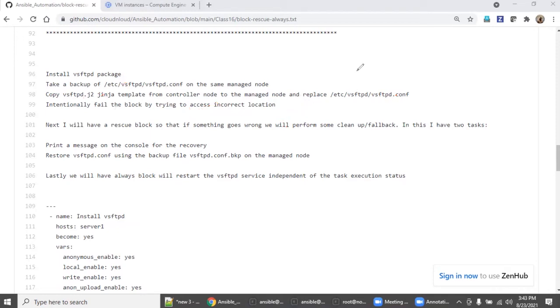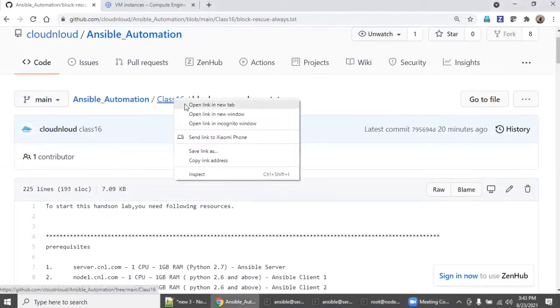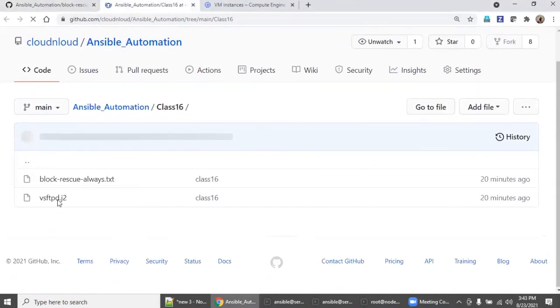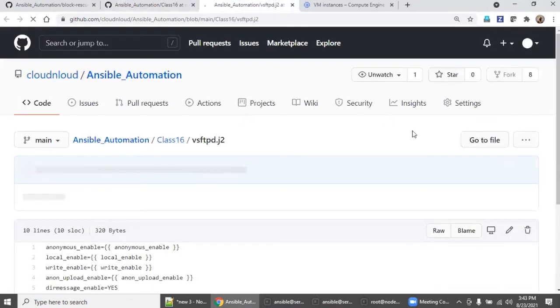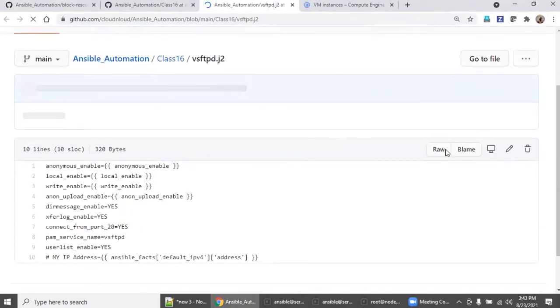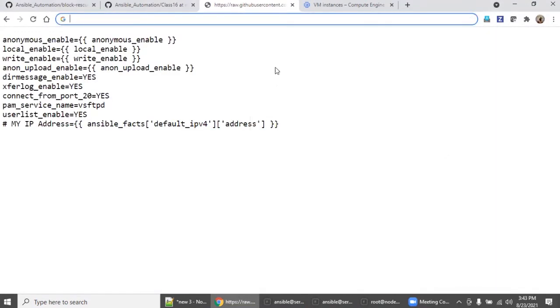I have created a playbook. Let's see. To do this, there is a file you need. Open up this repository, where you can find two files, including vsftpd.jinja2. Open it up. First, click the raw file and copy this URL.